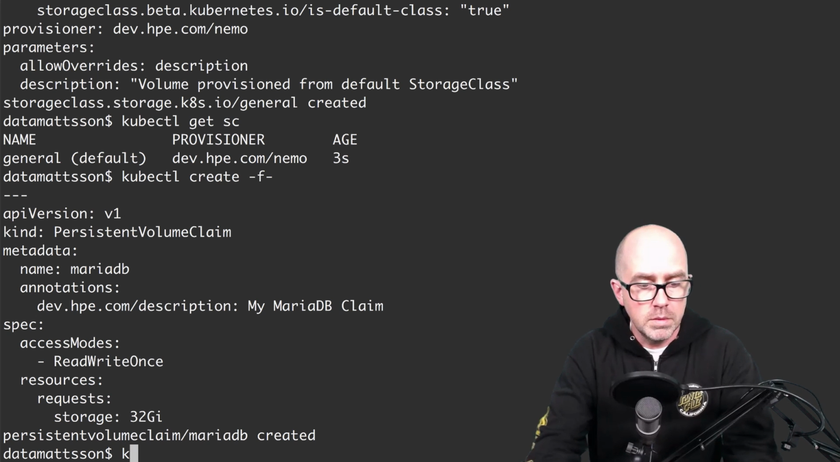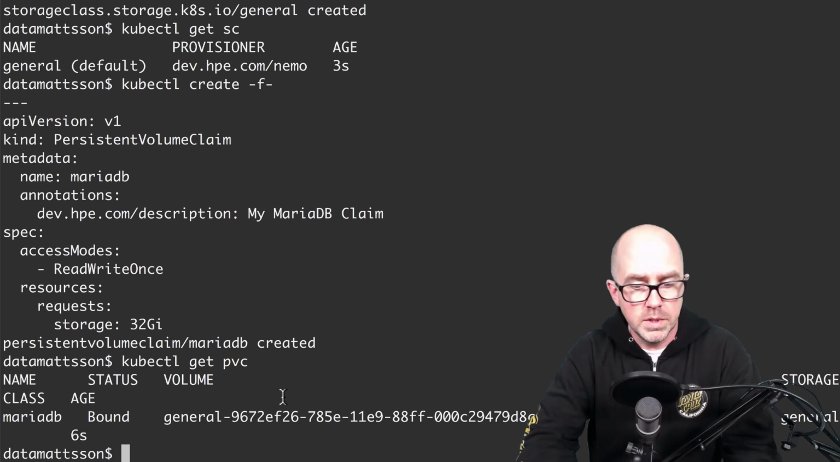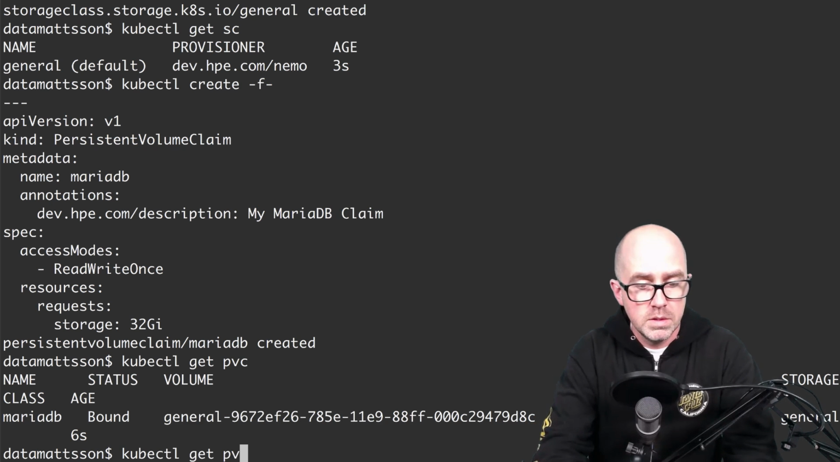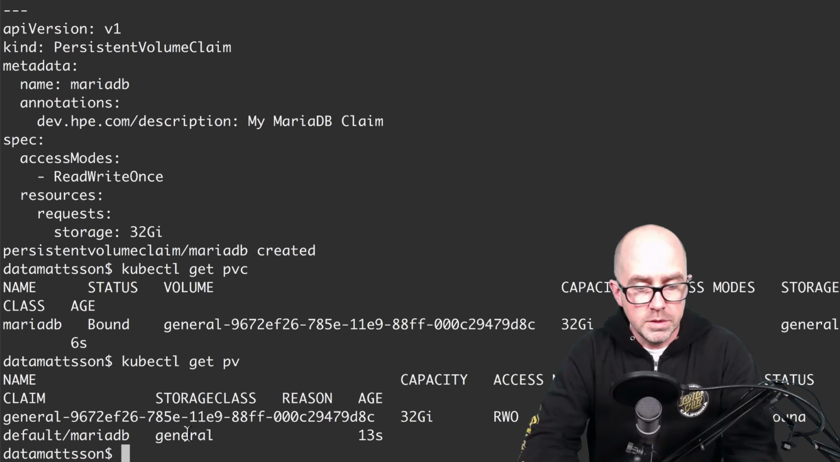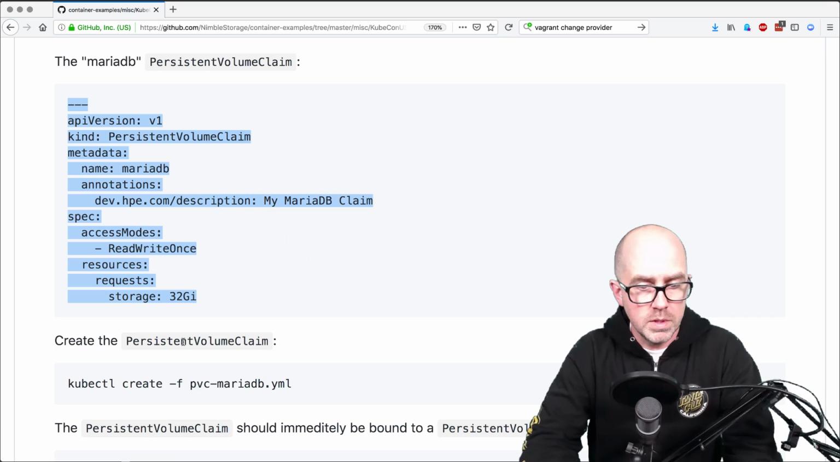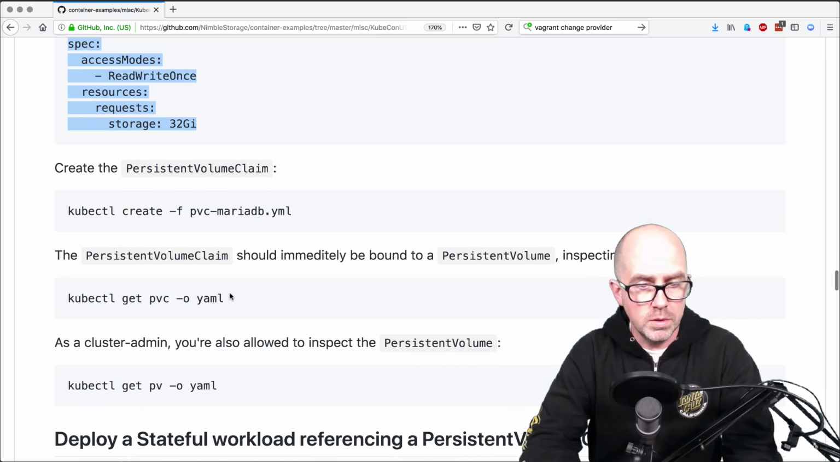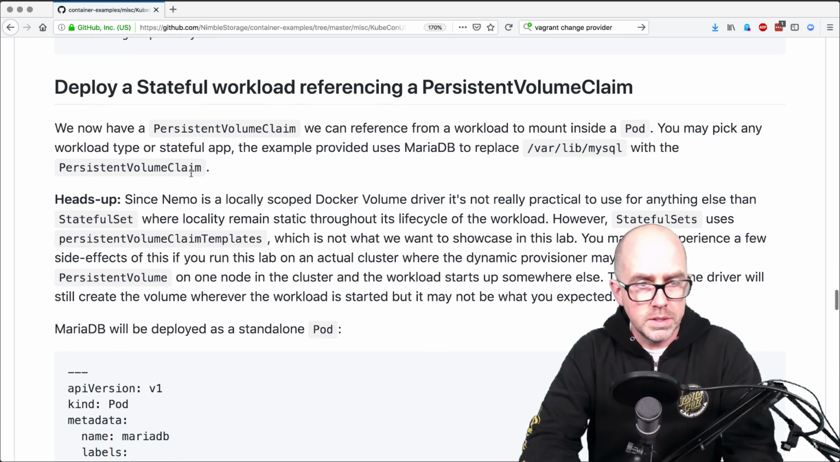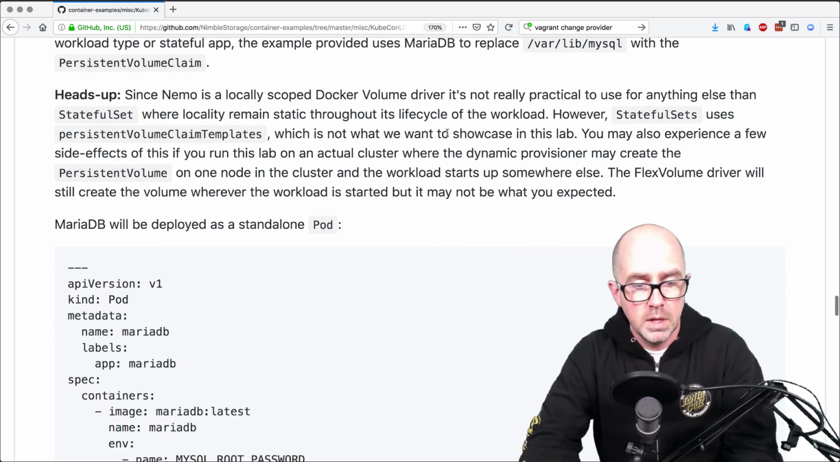There we go. We should be able to get the PVC here now, and we can see that it's been bound to a PV. Let me show you. There's a PV created there, and now we can use this PVC name to map into a workload. So what we're going to do here is deploy a stateful workload referencing a persistent volume claim, and we're going to use